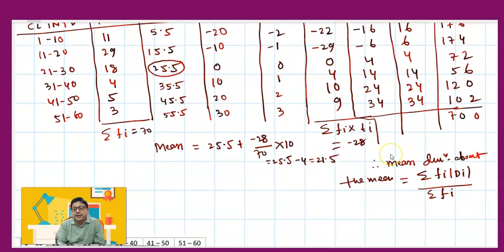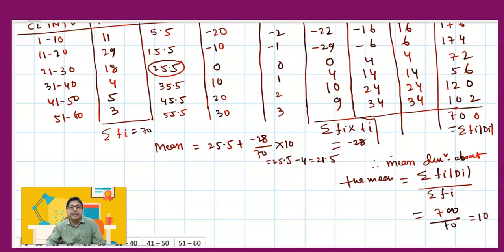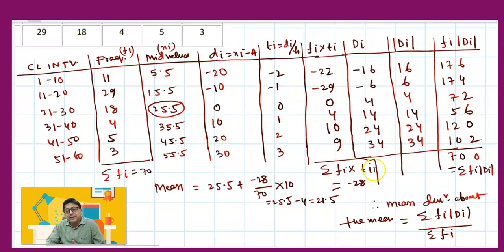So by using this table, you got sigma fi into mod di, and the mean absolute deviation you are going to calculate. So the answer is equal to 10. So by this method, mean absolute deviation can be determined, and in fact you can do it in the same table always. You find the mean and just extend it by 3 more columns, you find fi into mod di, and from there you can get it. Now let